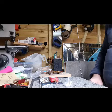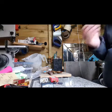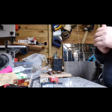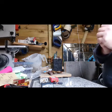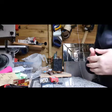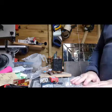Hello and welcome back. A little while ago, I did locks that are in use for 60 days, and how they fared in the weather and that sort of thing. Now, I've revisited them,